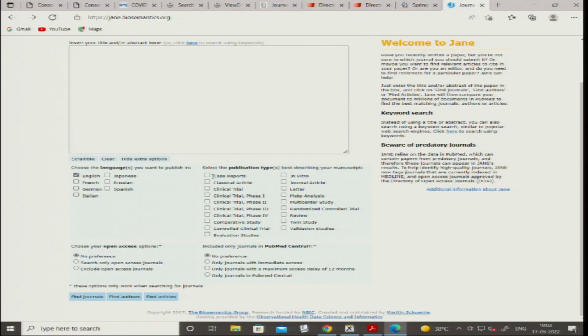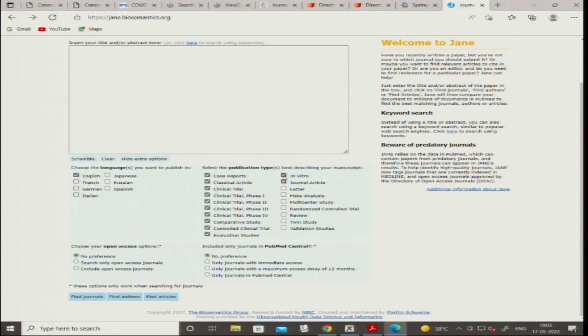So you have to describe your manuscript, right? Whether your manuscript is a case report, or a classical article, or a clinical trial, or a trial in phase 1, 2, 3, 4, or a comparative study, or a controlled clinical trial, or an evaluation study, in vitro, a journal article, or a letter, a meta-analysis, a multi-center study, a randomized controlled trial, or a review, or a twin study, or a validation study. So Jane actually gives you all these analytics to ensure that you are going to have very clear-cut